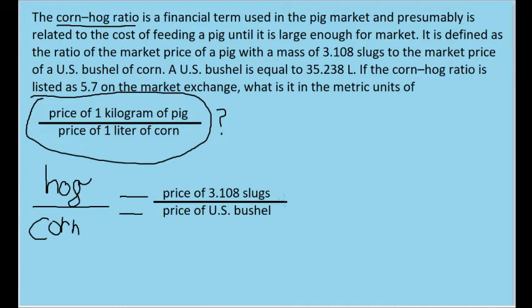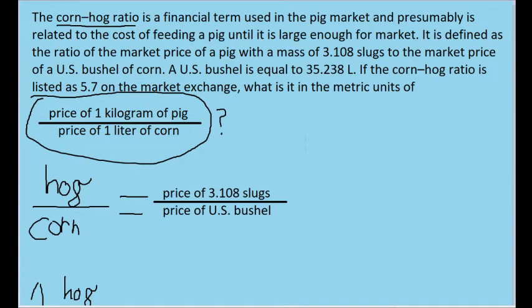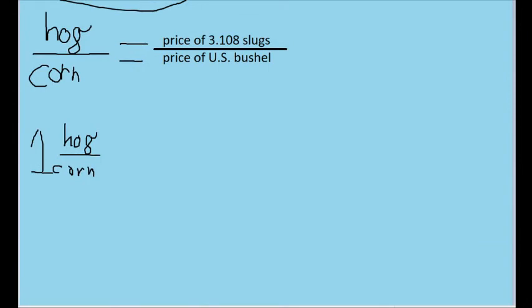bushel. So if we want to convert that into these metric units, then the first thing we want to do is set this entire ratio equal to 1 so that we can just focus on the metric units of measurement. So let's focus on when the ratio is 1. When we have 1 hog-corn ratio, remember that this is a ratio for the prices. So when the hog-corn ratio is 1, that means that the price of 3.108 slugs is equal to the price